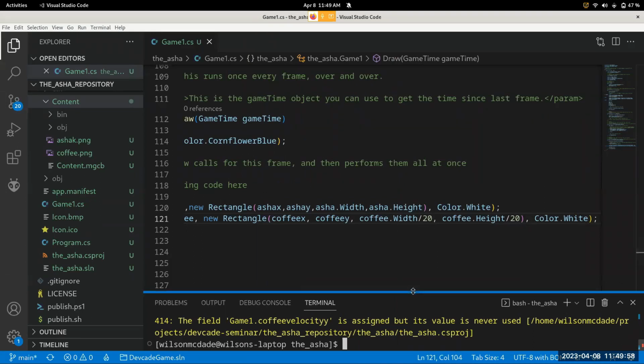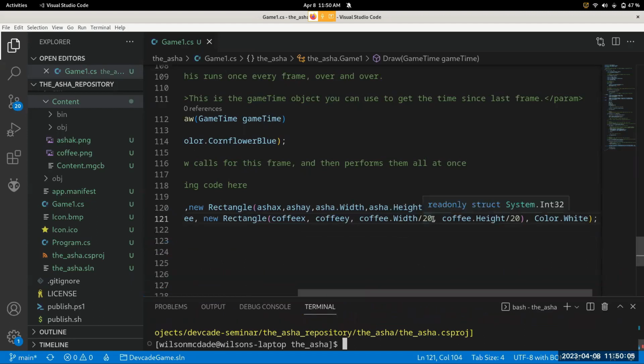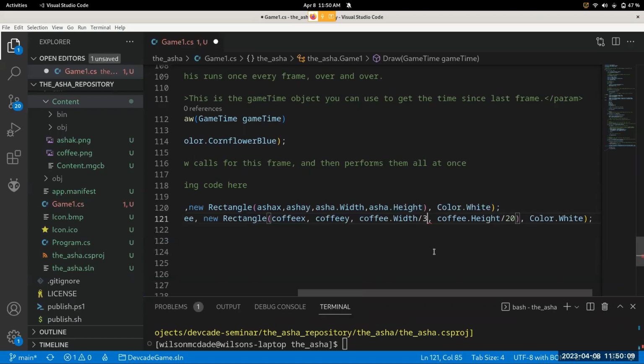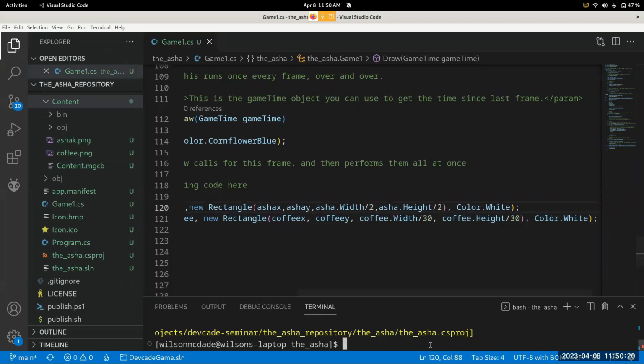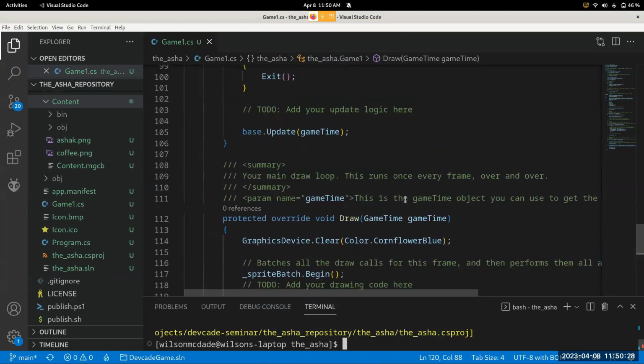I do think everything there is a little big still. What's this saying? Yeah, coffee velocity is not used. That makes sense. Still think everything's a little big, so I'm gonna make everything a little smaller. Gonna do 30 on that, and gonna also make Asha half as big. Okay, gonna run that one more time, and then we're gonna add